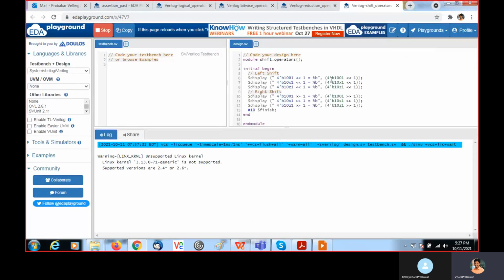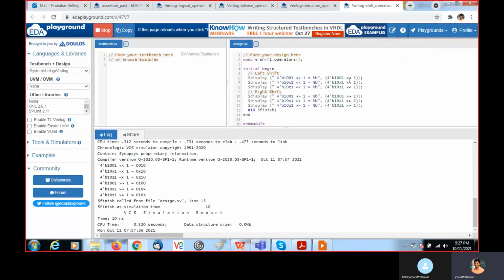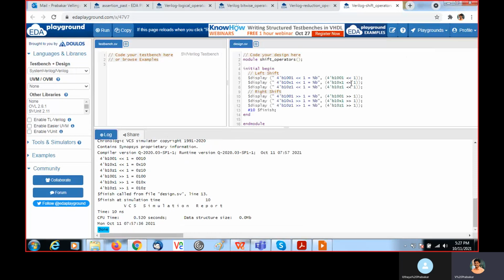We are going to do left shift and then right shift, only one time. So here this is the given value. I am going to perform left shift by one time.